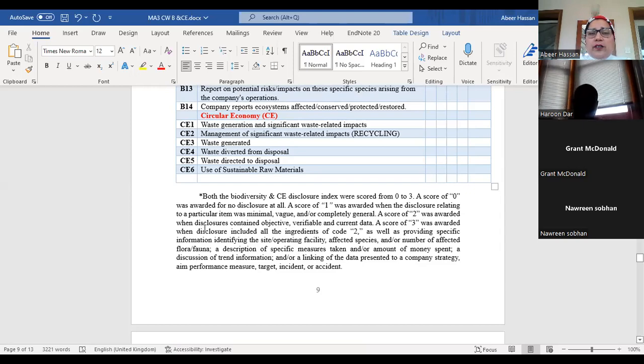A score of 2 was awarded when the disclosure contained objective or verifiable or current data. A score of 3 is awarded if they have all of this, including a specific affected species or number, or if they provide a lot of detail along with numbers. So, for example, we have done so and so in terms of trees, so and so in terms of other species, so and so in terms of flora or fauna. If you judge that this is a good sentence giving you a comprehensive meaning,